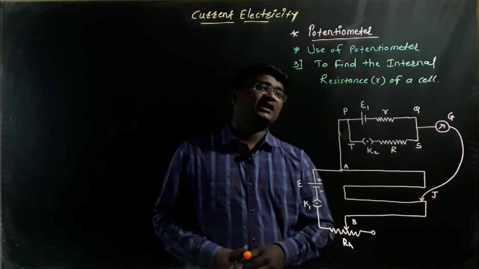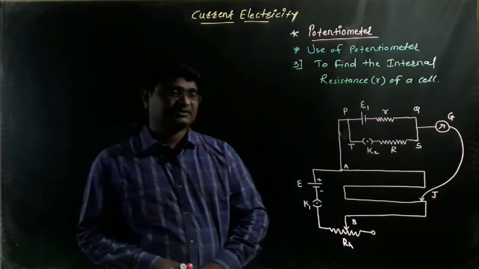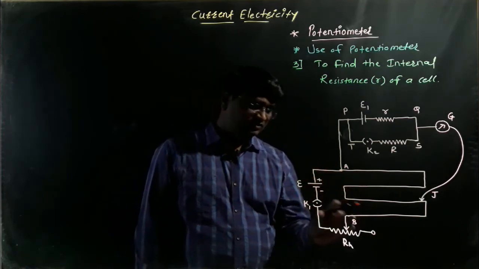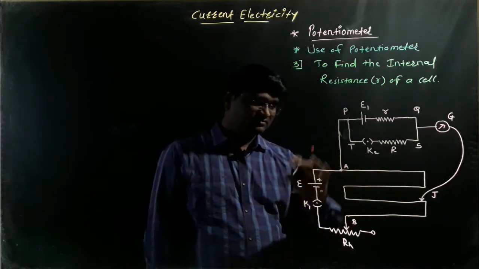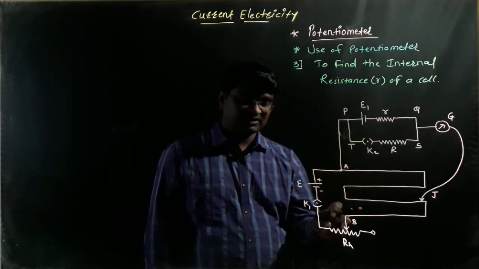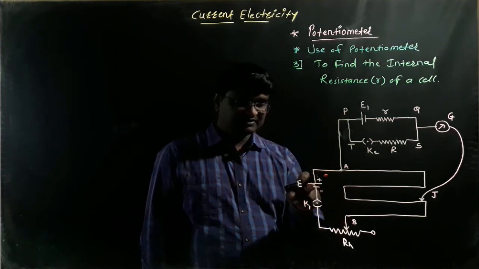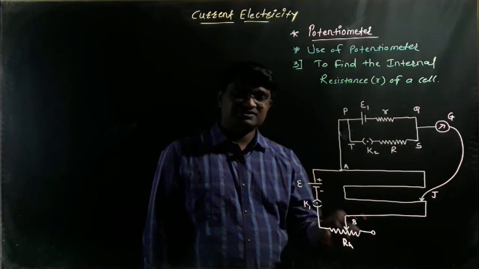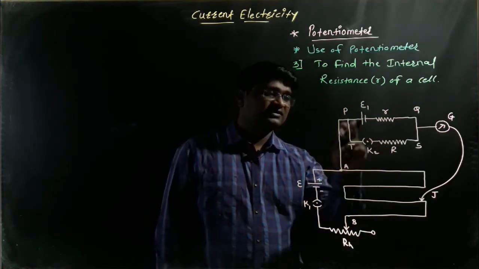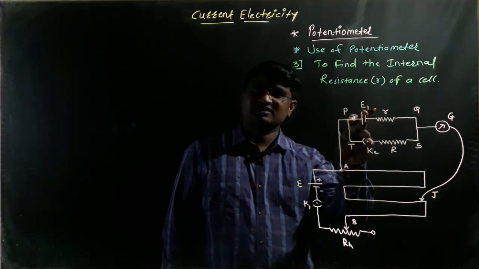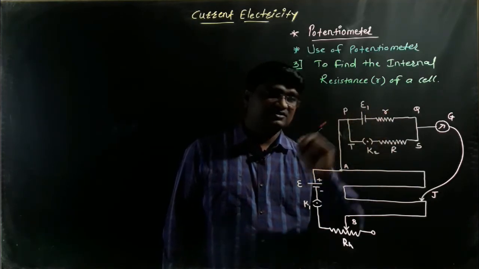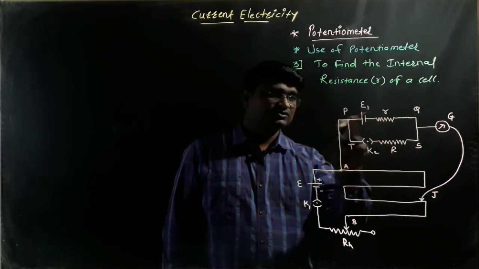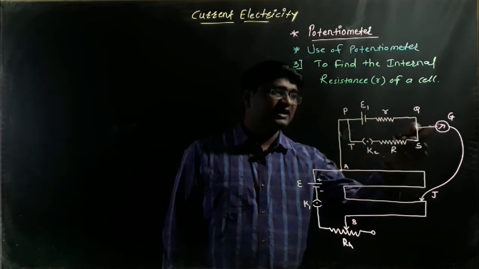So how does it work, and how to find out the internal resistance of a cell? It is a very interesting property, that is the use of the potentiometer. Let's see the construction of the given circuit. AB is the potentiometer wire, and between the wire AB we connect the cell epsilon, key K1 and the rheostat in series. Now another circuit has the cell of epsilon 1, whose internal resistance is small r, and resistance box R and key K2. This circuit is connected between the terminal A and the galvanometer.